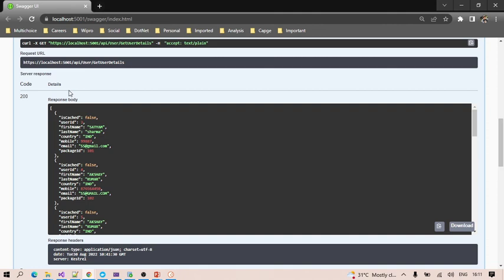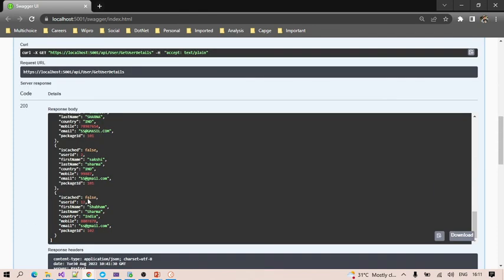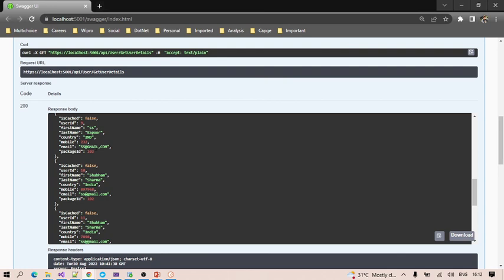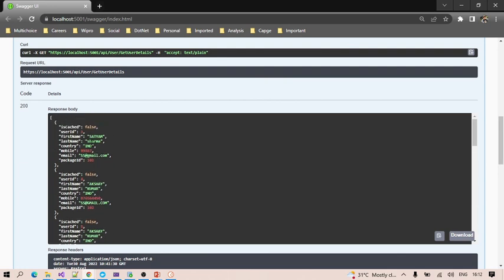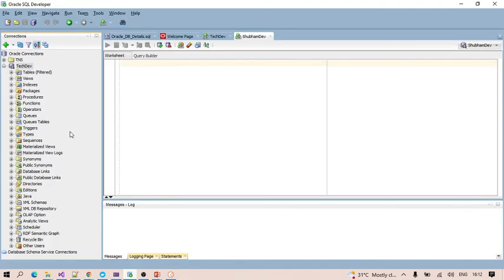Okay, so see here the API is working properly and we got the response. So what response did we get? Some user details, Subham, Sakshi, Kapoor. These details are coming from the database only. I also have a database created, so I'm always updating this database, and that is coming from the database only.